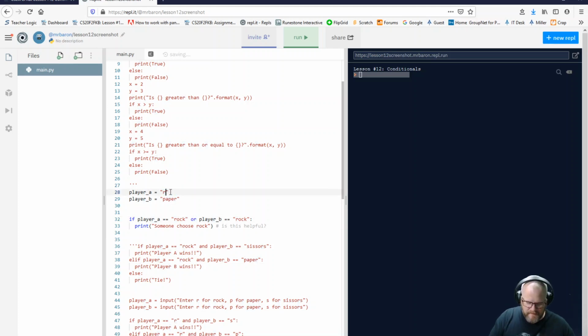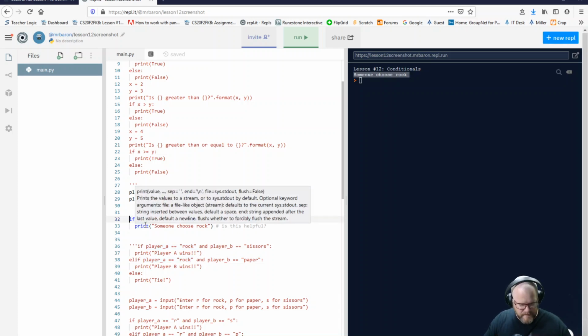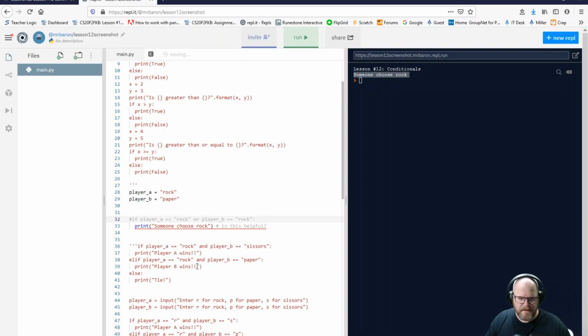The other interesting thing about an or statement is, as soon as it gets a positive, okay, as soon as it finds a true statement, it stops reading that if statement. So it's not going to read the second part here because it already found its positive. Okay, it doesn't have to read the rest because as long as one is true, it runs it. Okay, so let's bring this back out